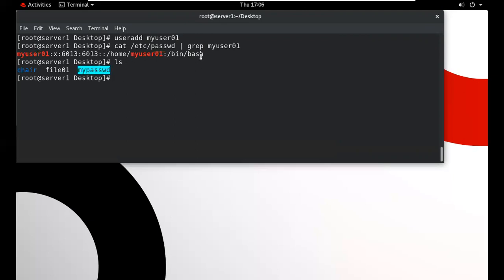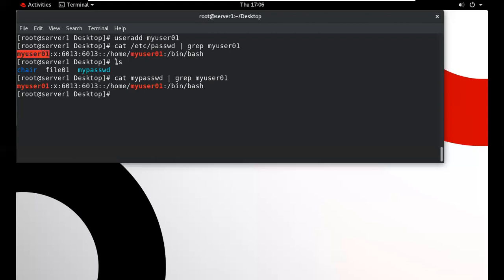When we make any change in this particular file, it will also be redirected to this particular file, and we want to check. So specify the path of the current location, my passwd. The same data will exist in this particular file and the same data will exist in this particular file.